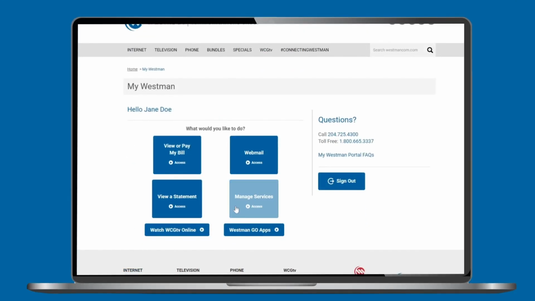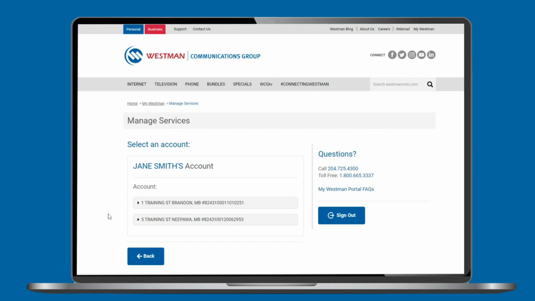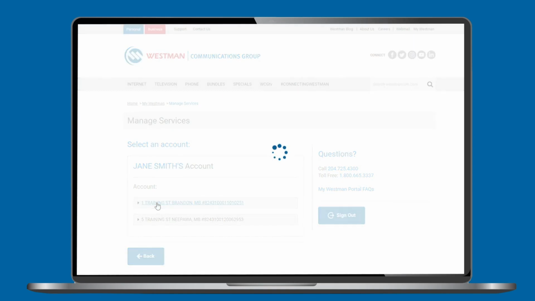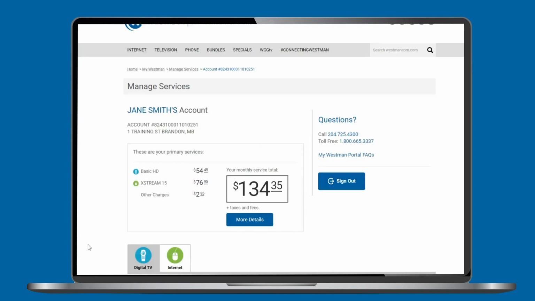To begin, select the Manage Services button on the lower right-hand side. The next screen will show all accounts under your name. Click on the account title you wish to manage. The following screen will show you your account details, including the services you're currently subscribed to, in an organized top